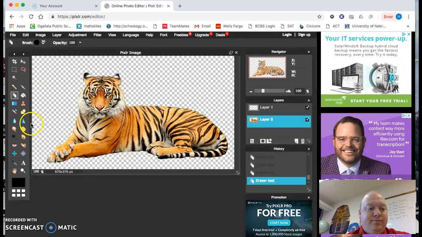Now, what I want you to do now is change the background to either black or white, depending on what the requirements are for that particular section of our PhotoArc project. So go over here to the Paint Bucket tool,